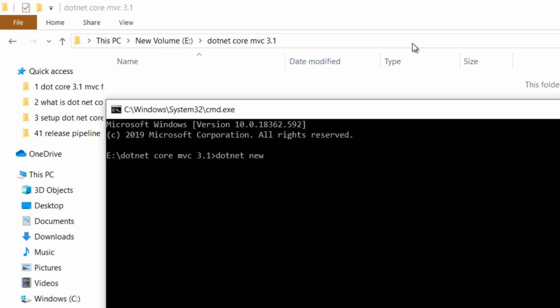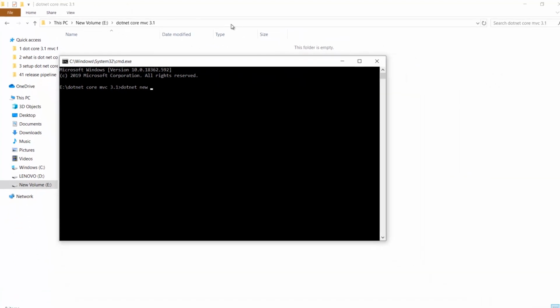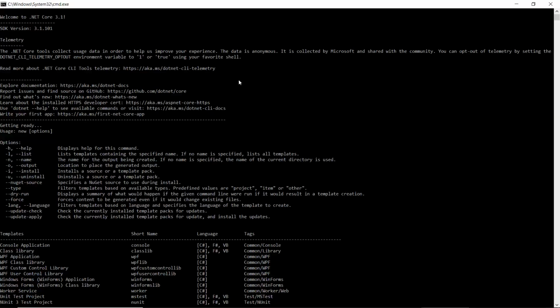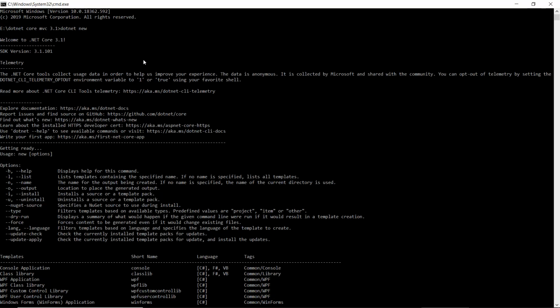Since in the Visual Studio we were having a complete list of all the templates, so that was easy to choose from that list. So at this place we do not have a list over here. So how can you choose a name for that particular template? It is very easy in .NET Core. Without writing the name of the template, at this point where we have the command dotnet space new, we can simply press enter. If you click enter over here, then you will see all the details which are related to .NET Core.